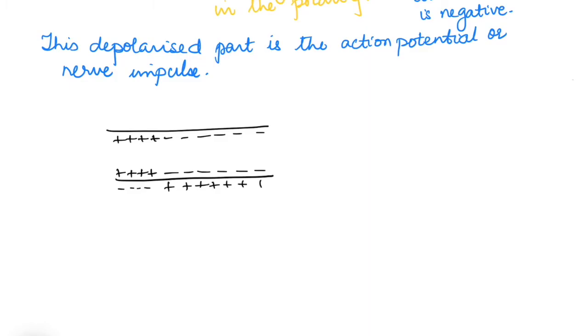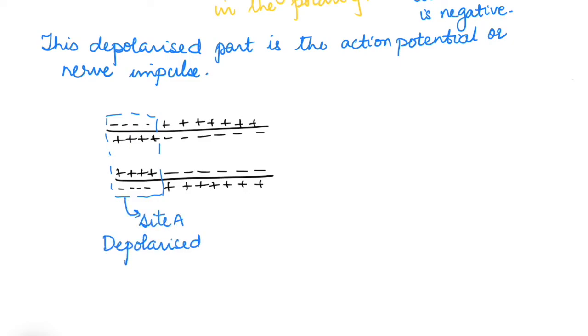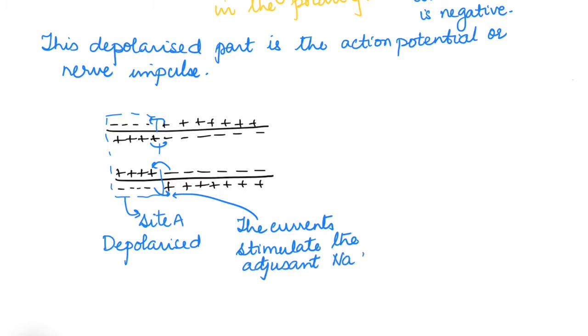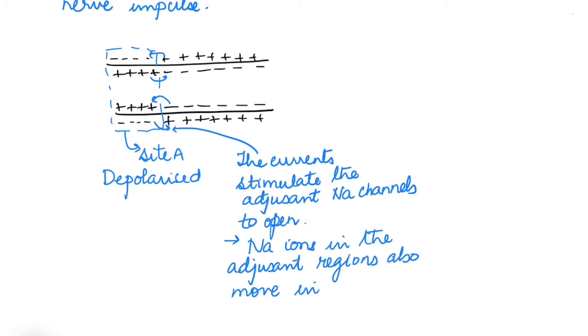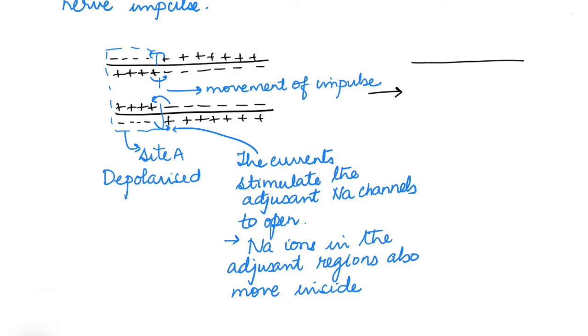Now we know that at this site A, there was a rush of sodium ions, and because of that, it had become depolarized. So the adjacent channels, that is the sodium channels nearby the ones which had opened, they also now get stimulated and they also open up further. So it is like one channel which gets open, it stimulates the next one, and then it stimulates the next. So in that way, it goes on ahead further in the form of movement of the impulse. So thus, what now happens is that from the site A, the impulse has now moved further to site B.